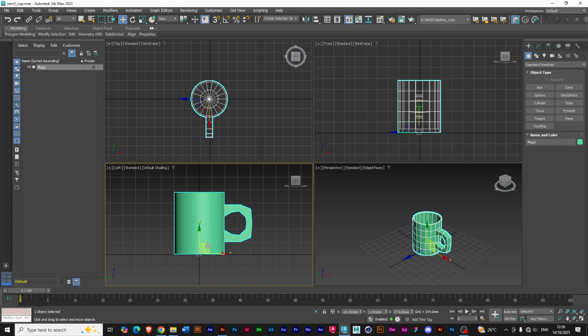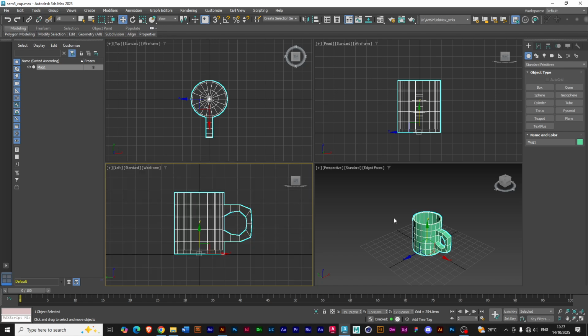Now, if you want to move in two directions at the same time, or you want to move on a plane, these things we call axis planes. Meaning, if I select, oh, wireframe. If I select the green and the red axis plane, or let me say the blue and the red now. That is this axis plane. You can see that is the one that is yellow now. What that means is I can move this object along the blue and along the red, but